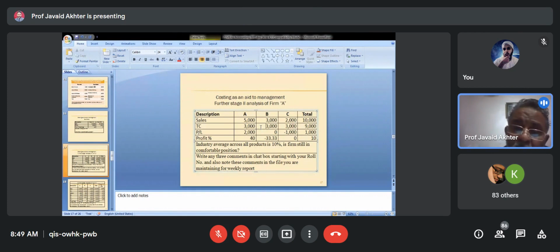Suppose, assume that your apportionment is wrong. It should not have been 3, 3, 3. It should have been 3, 2.5, and 2.5 or something of that sort. Then these figures will certainly change. So if your calculation at this stage is wrong,